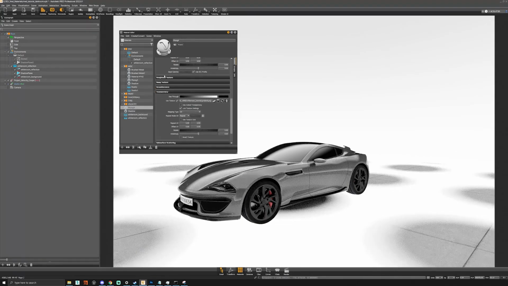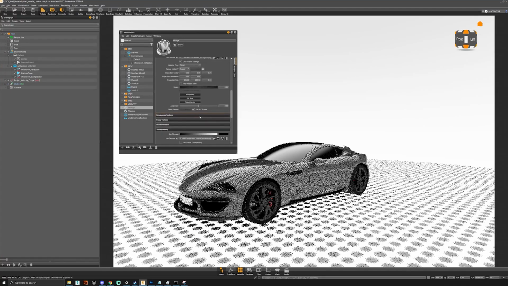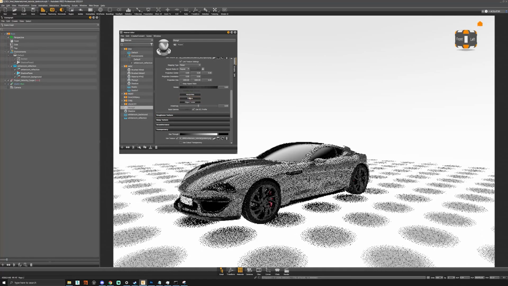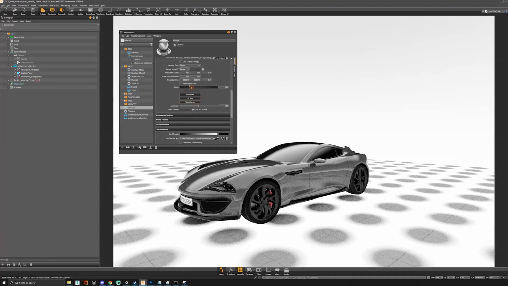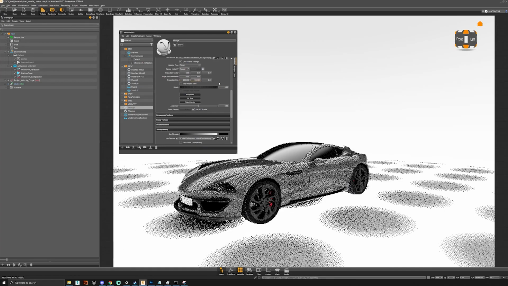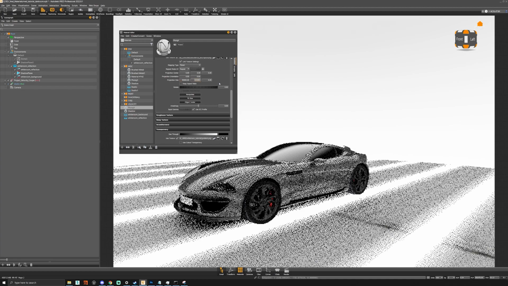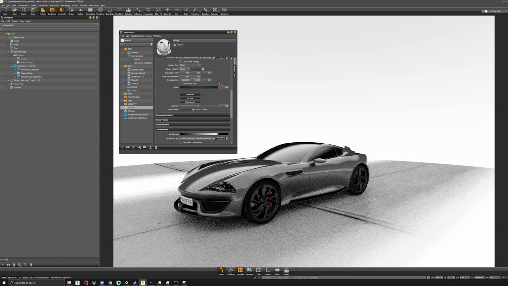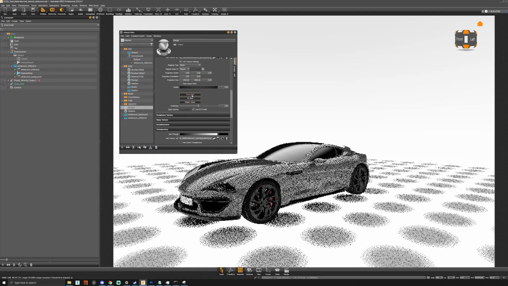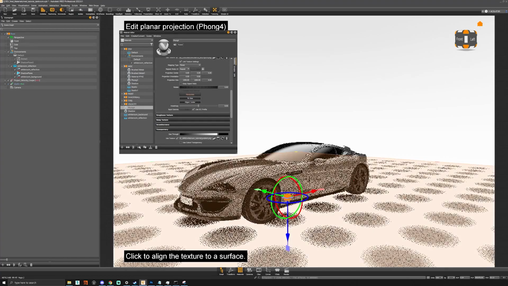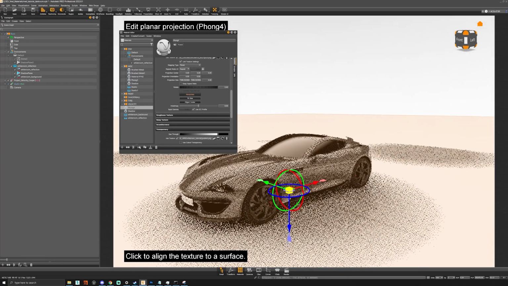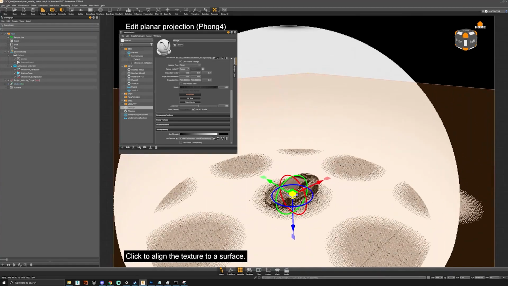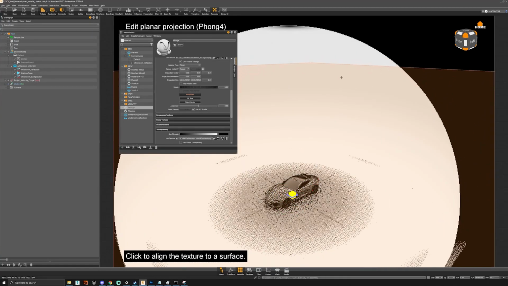and then what we want to do is set our mapping type to planar, and then we can play around with the size. As you can see, it's quite like a checker dot at the moment, so we want to go a bit bigger. We can dial it in until we've got something that's maybe the right shape. And we could manipulate it, and then increase the scale quite a little bit, until we have something that is fitting in the floor